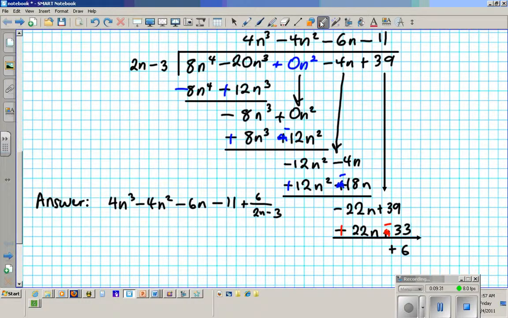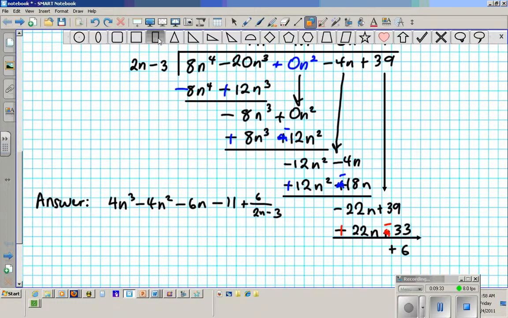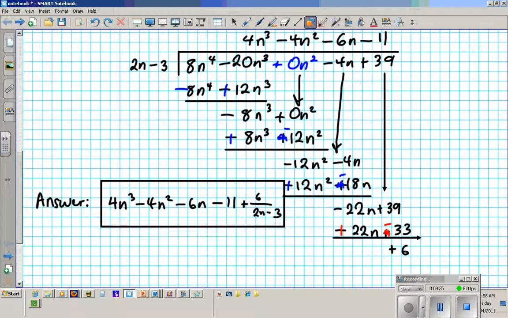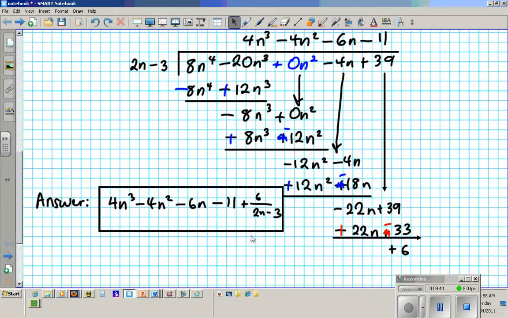So that goes your answer right here. So this whole enchilada is your answer. Okay? So that's your answer. Alright, so that goes the review problem on long division. Now let's try one